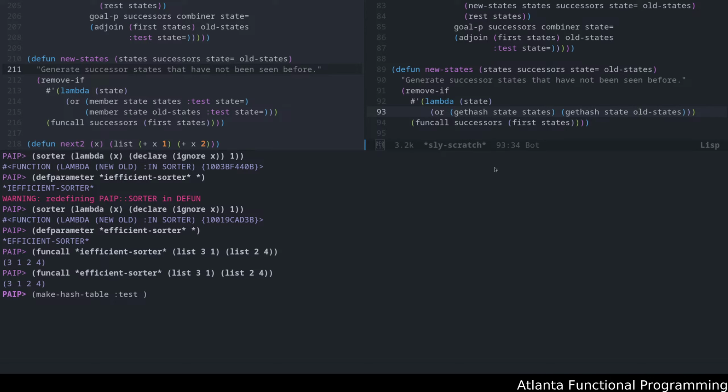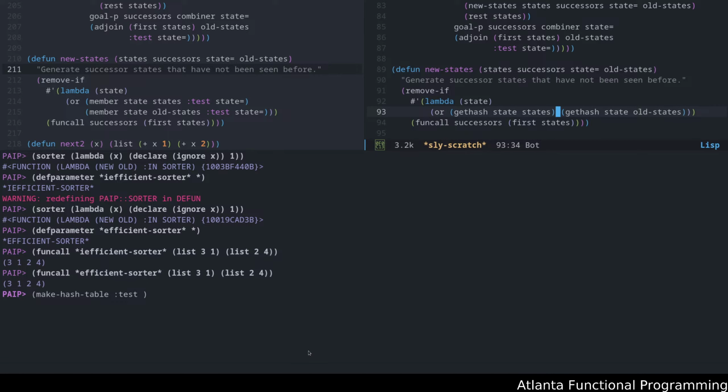So the question is use a hash table rather than list to test whether a state has been seen before. So we've now actually technically updated new states to handle this, but this alone I don't think fixes the issue because